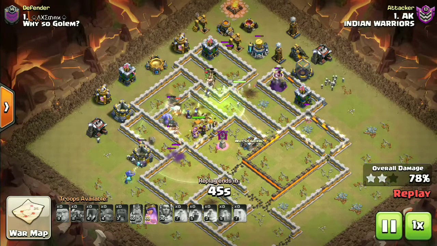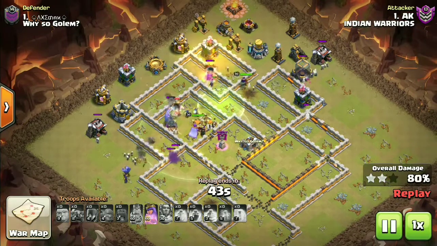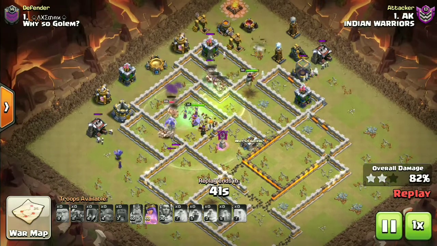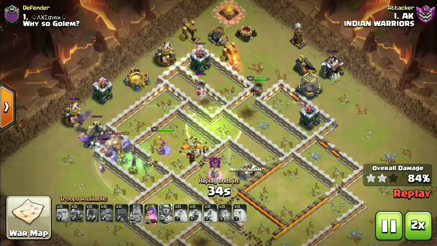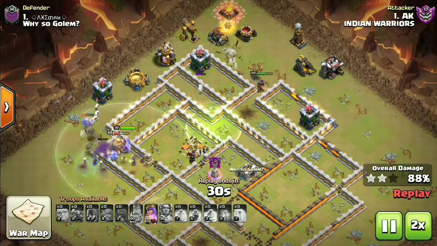We still have the queen's ability, and I'm not too sure if it would be needed anymore. We just have 2 of the archer towers left and 2 of the hidden Teslas as well. So let's just go ahead and put it on the 2x speed, guys,